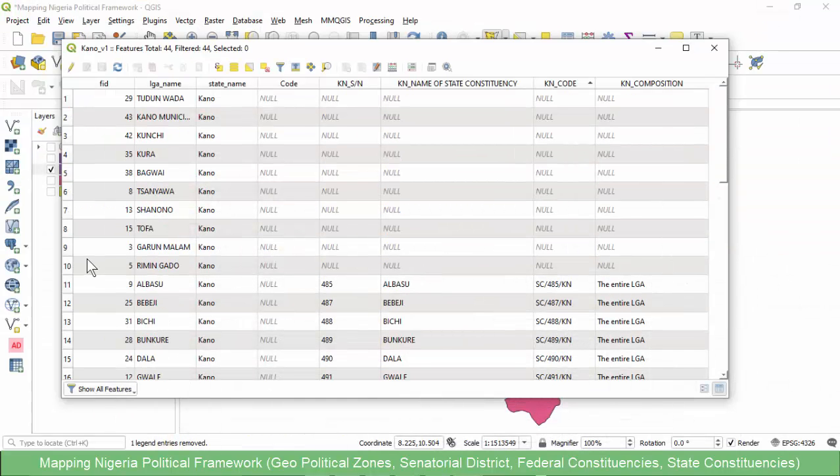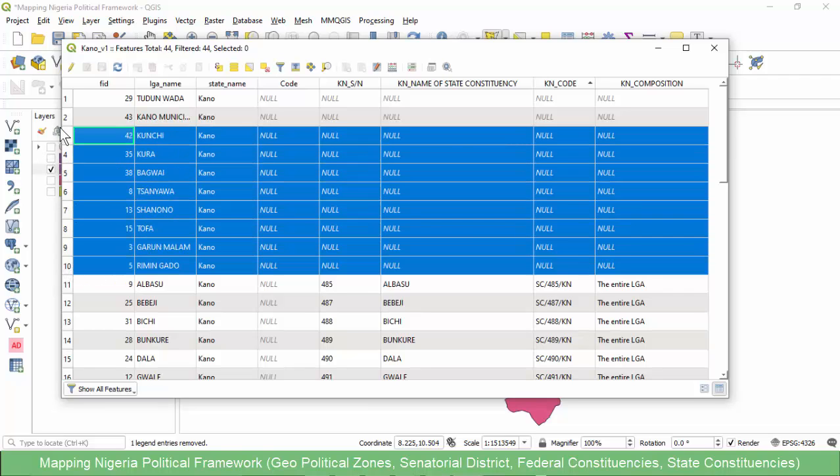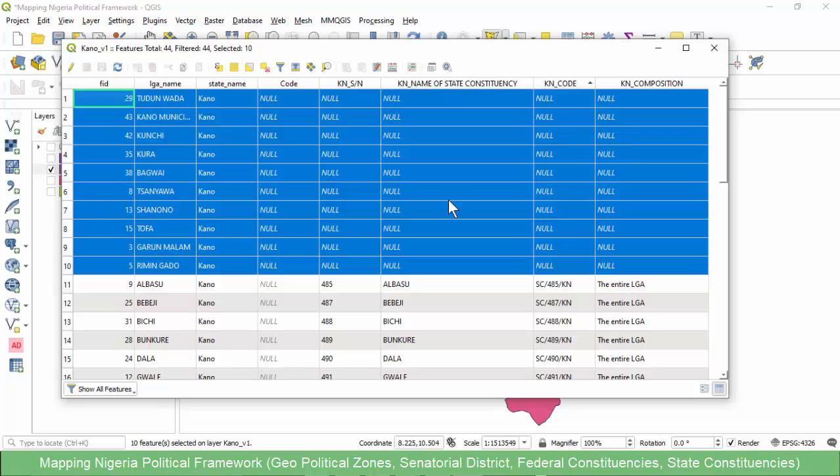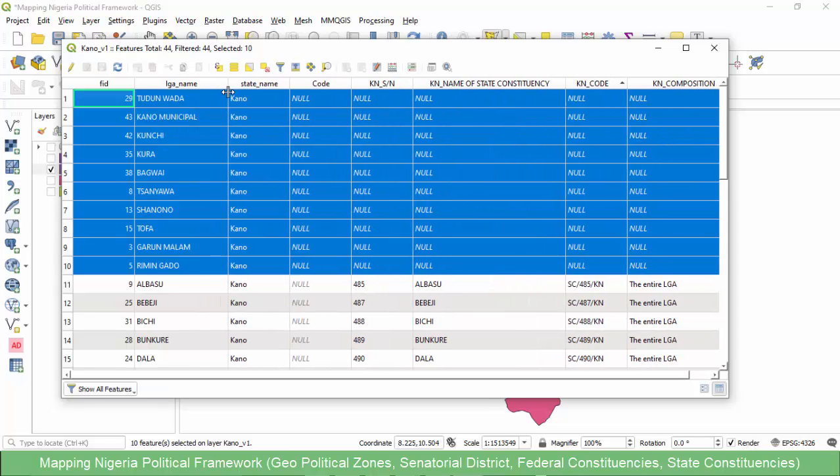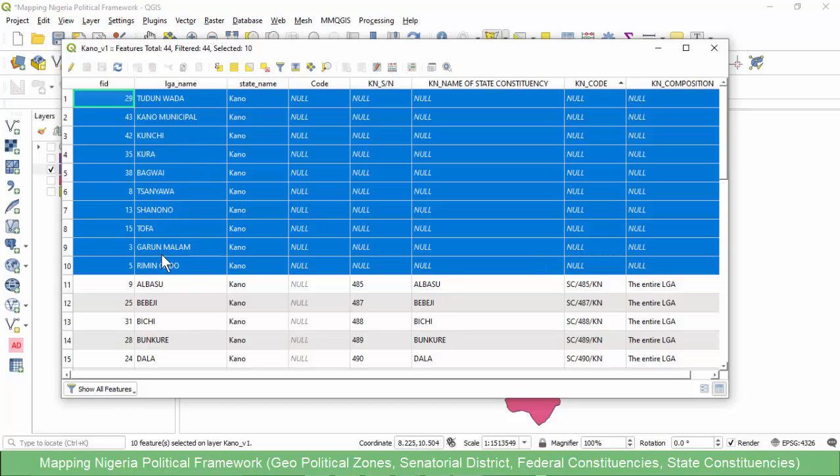If you look at the columns, the polygons that don't have a record are these ones. And most likely it is because they are either a combination of two or three that make up the state constituency, or maybe the name is wrongly captured from the